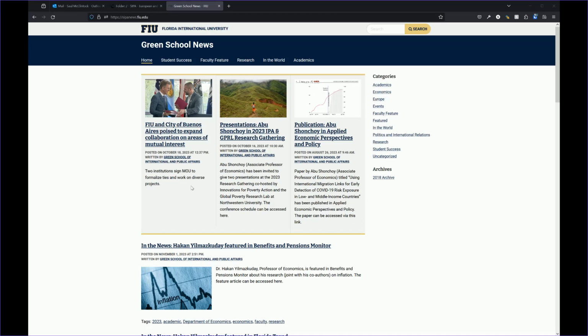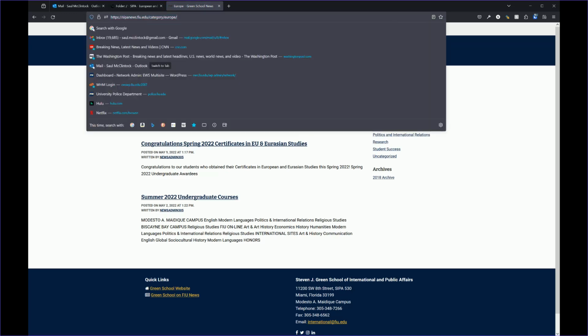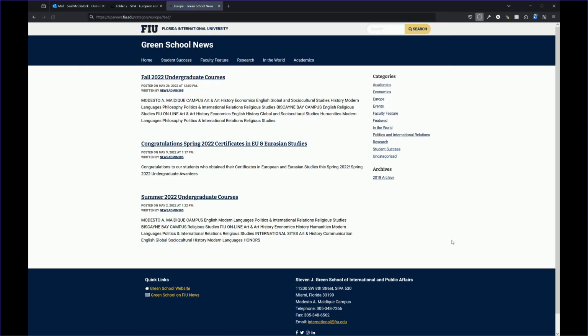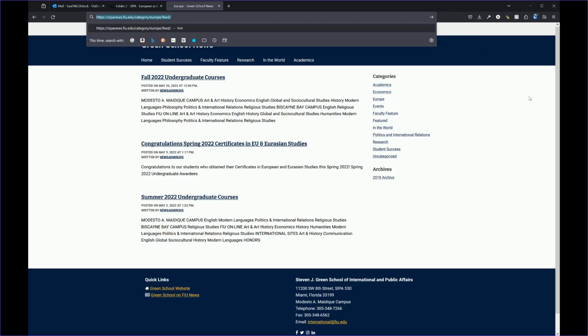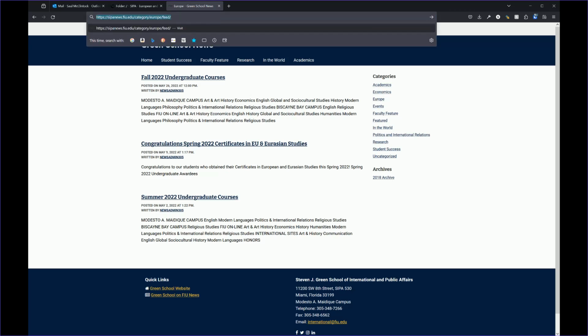Okay, to create a feed in Cascade, first thing you should do is find the feed itself and get the URL. So, for instance, in SIPA News, which is what we're going to be using a lot in Cascade, you just go to the category and add feed to the end of it. In Firefox, it tries to download a file. If you do this in Chrome, it'll show the feed. But either way, you can just take that